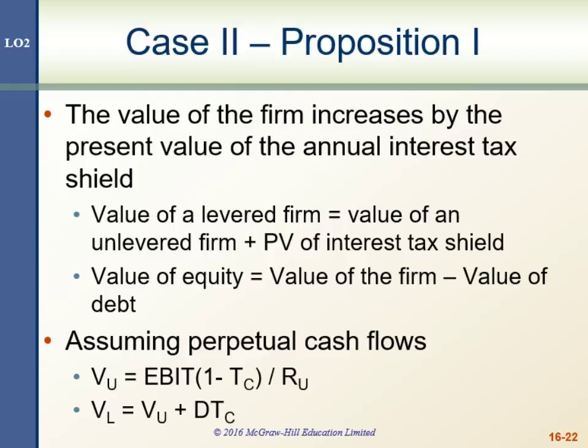So that tells us about the value of the levered firm. The big finish down here: the value of the levered firm is equal to the value of the unlevered firm plus the interest tax shield. So that simply tells us that the value of the firm would go up whenever we added debt to the capital structure, in the absence of financial distress or default risk issues.